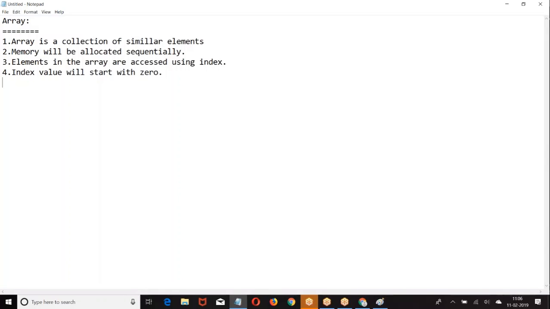Okay. Syntax. Data type. This is how we create it: data type, array name, new data type, size. Integer age is equal to